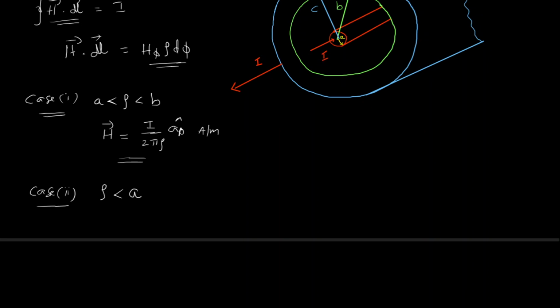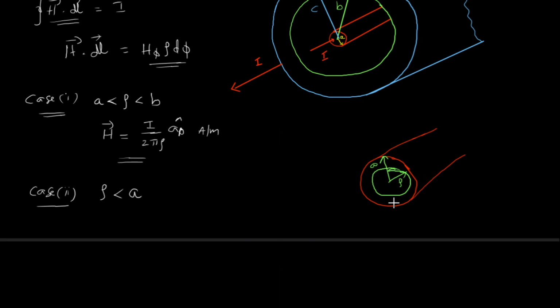If you want some pictorial representation of this, I will just zoom the inner conductor. This is my inner conductor, something like this. Now I am going to consider a closed path inside this, that is the idea. The radius of this inner part is rho, and the radius of this is A. I hope this is very clear. I know this figure is not neat, but my idea is to just make you understand the concept. So I think the concept is very clear.